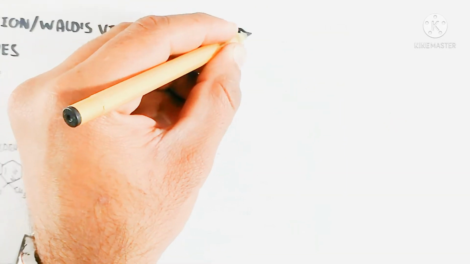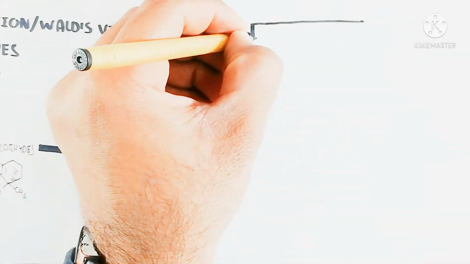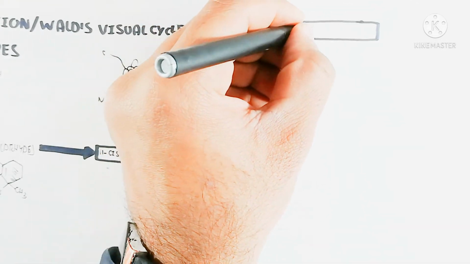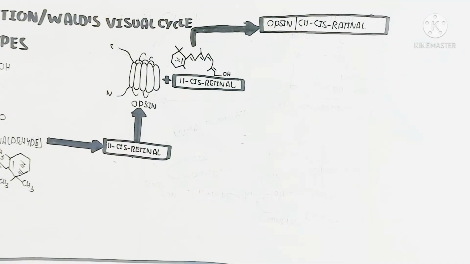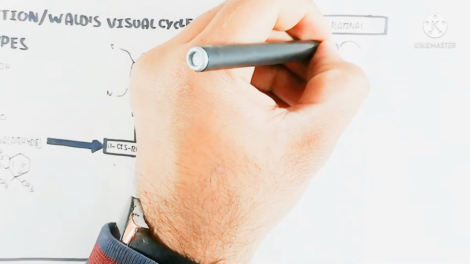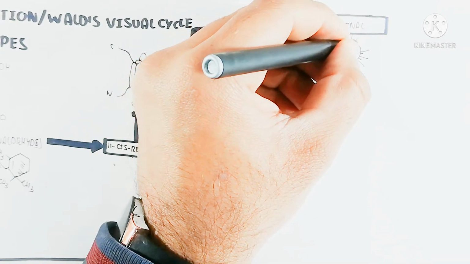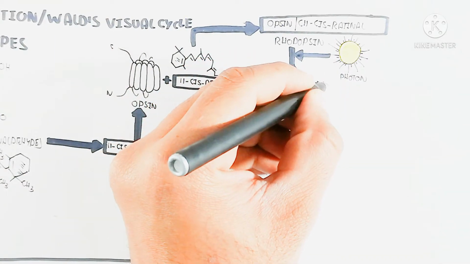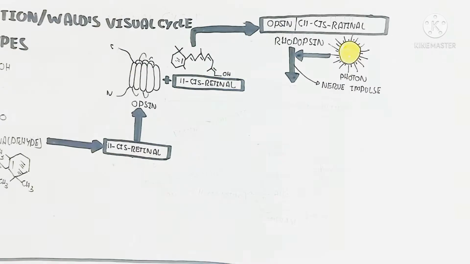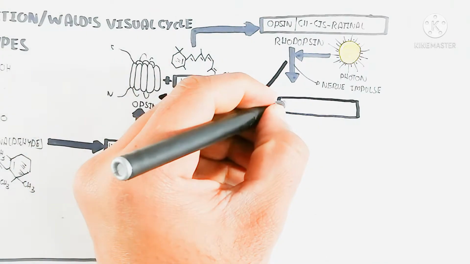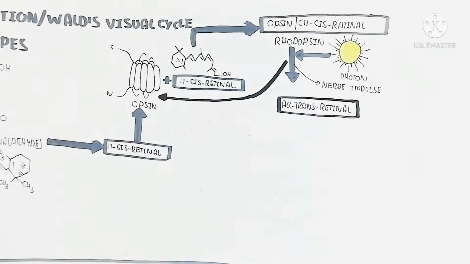After this rhodopsin formation, the light will fall and be detected. After the light is detected, an image is formed in the retina, in the fovea region, which is very important and contains a high density of rod and cone cells. The cone cells are more active during bright light. Here you can see the rhodopsin, where the photon will fall, for example the reflection of light from things, and a nerve impulse will occur, and